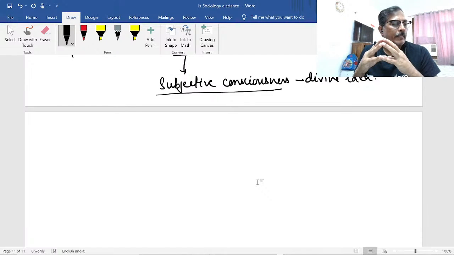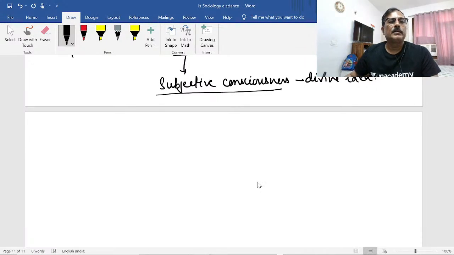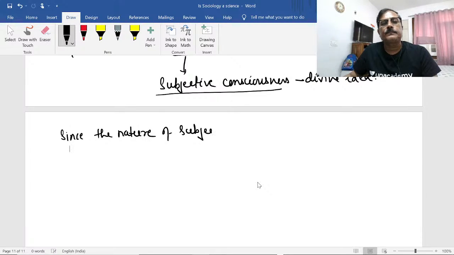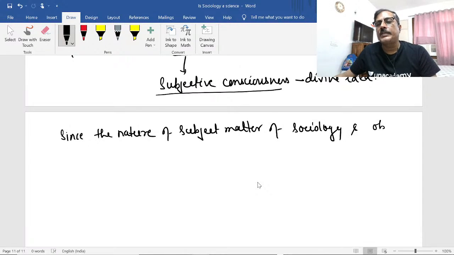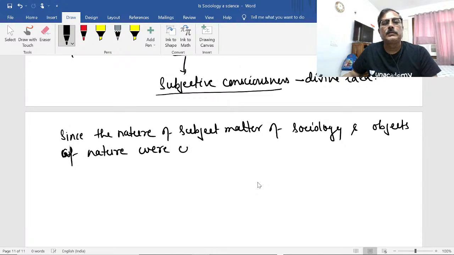Therefore, the appropriateness of the positive method and its utility gets questioned, right? Since the nature of the subject matter of sociology and objects of nature were considered different,